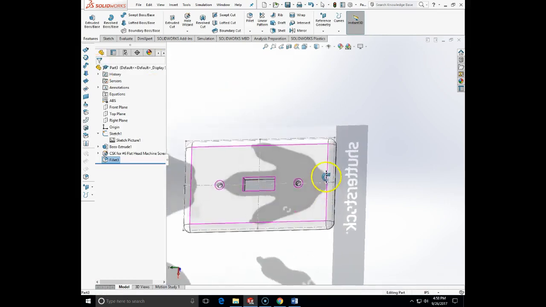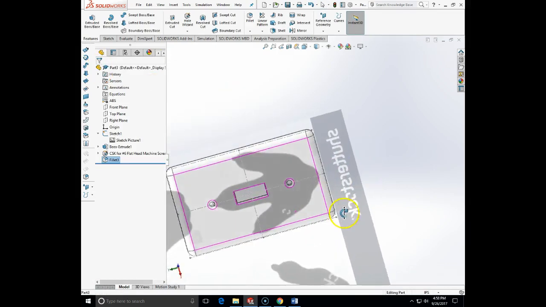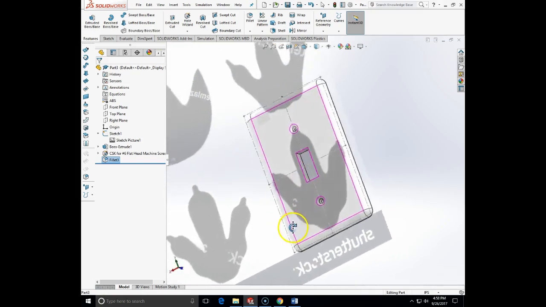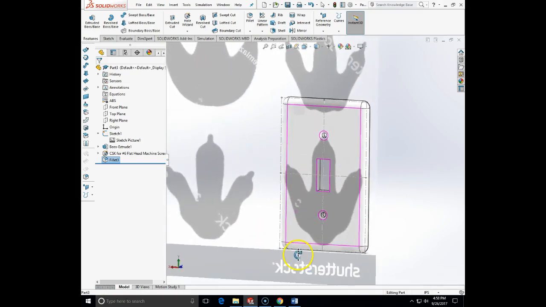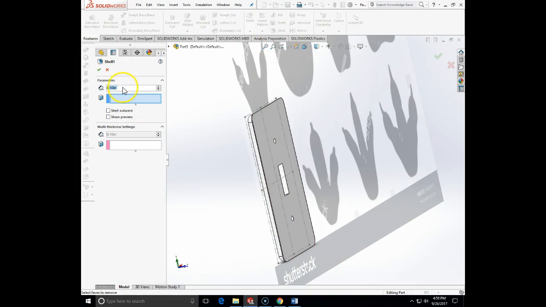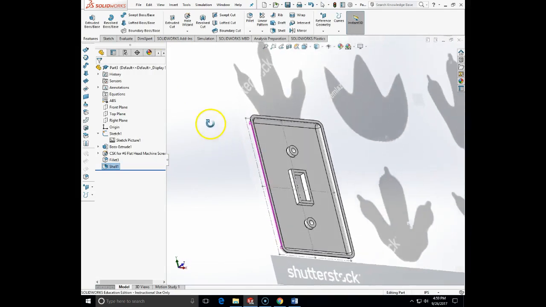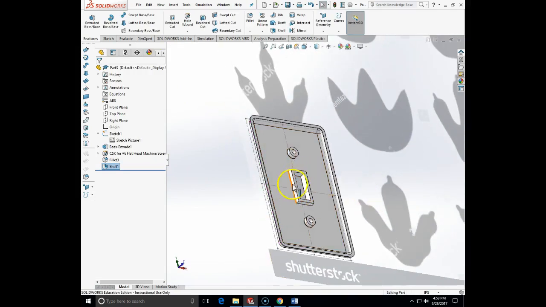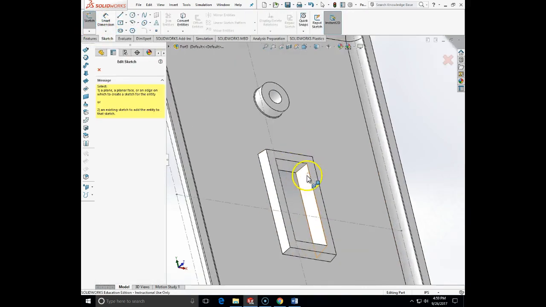And here it is. It is filleted all over the face. Now, the next step that I'm going to do, I'm going to shell it from this side. And to shell it, I will go to a shell, and thickness of the shell will be 0.09. And the shell to remove is this one here. And we also don't need this piece here, so to get rid of this, what we need to do, we